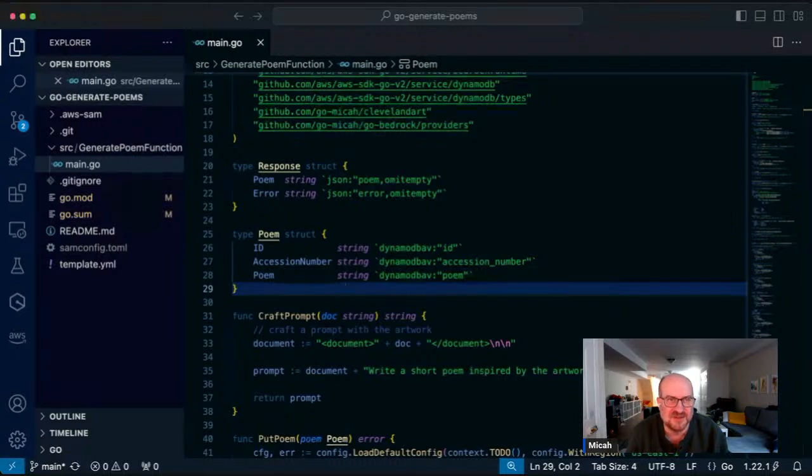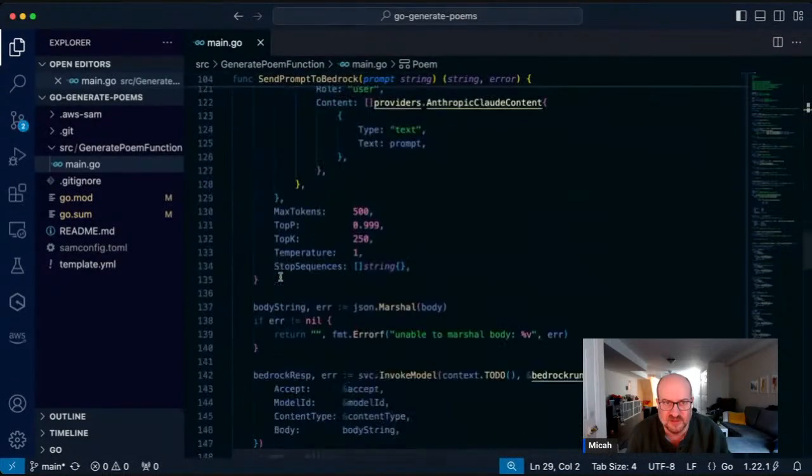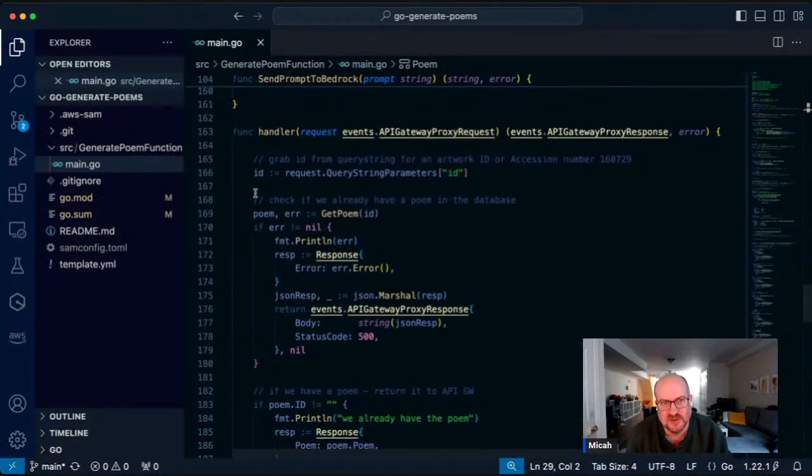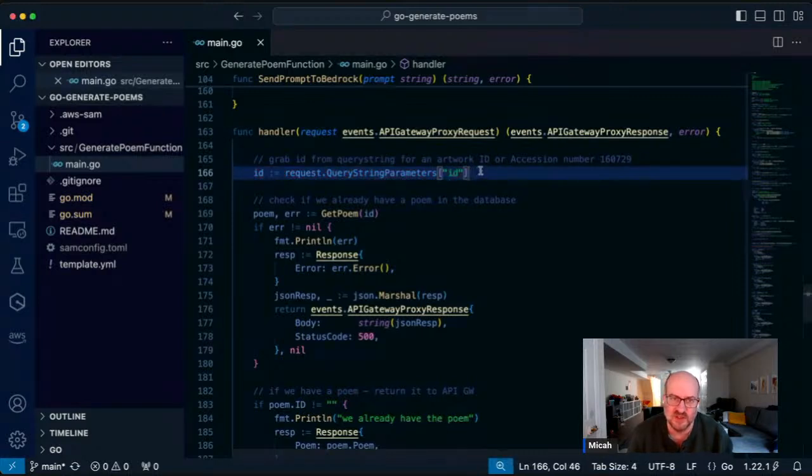Okay, here's what I was just looking up in the code here. So let's go down to here. In the handler, the first thing we do is we grab this ID. We don't know if it's an actual ID number or an accession number. The difference between an ID number and an accession number is pretty simple. One of them is an integer, and the other one's a string. And so we can write some code that will easily tell us which one of those things it is, and then we can behave a little bit differently depending on which one's which.